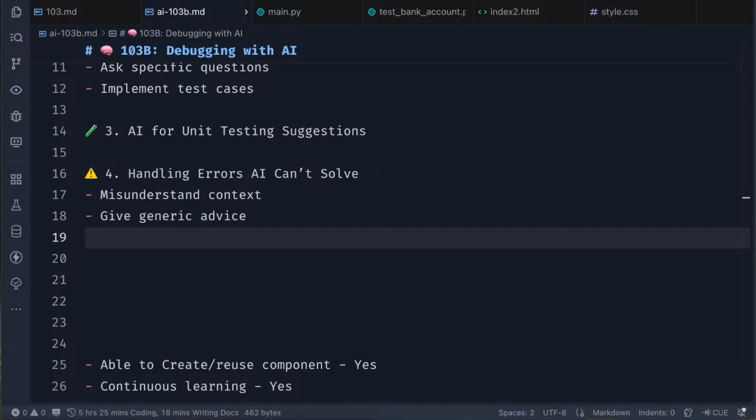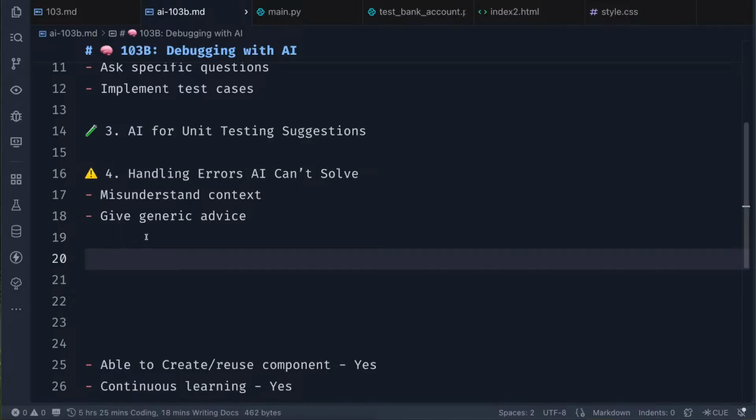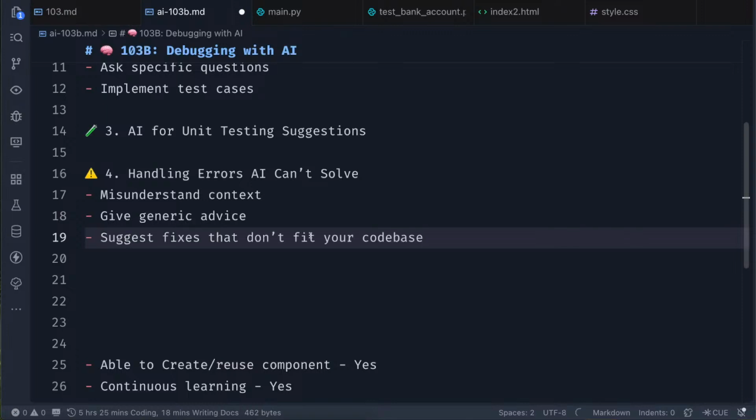So sometimes it can suggest a fix that does not actually tally with what you're doing. It gives you a fix that does not match what your entire project is all about. Something out of the blue. Why are you canceling my fix? So, just fixes that do not